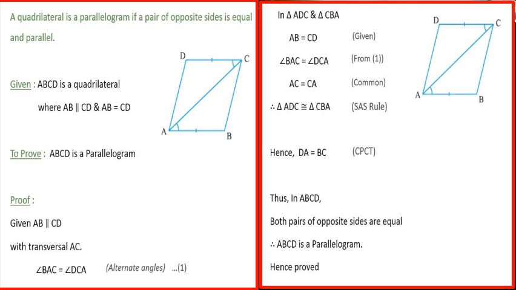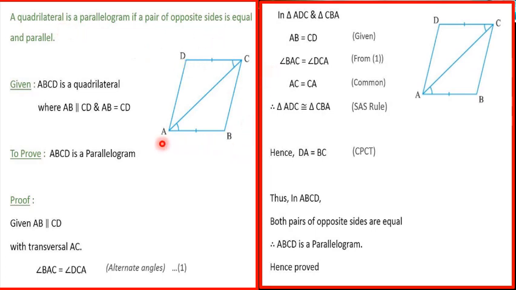You will be getting a doubt how a quadrilateral can be a parallelogram if one pair of opposite sides is equal and parallel. Because you learnt about the properties of a parallelogram, which was like this, that is, if opposite sides of a quadrilateral are equal and parallel, then it is a parallelogram. But according to the special property, if one pair of opposite sides are equal and parallel, then the quadrilateral is a parallelogram. Because all of us know the distance between parallel lines is going to be equal. So if you come across one pair of opposite sides equal and parallel, then the quadrilateral is going to be a parallelogram. For example, now here you have a theorem to prove the statement.